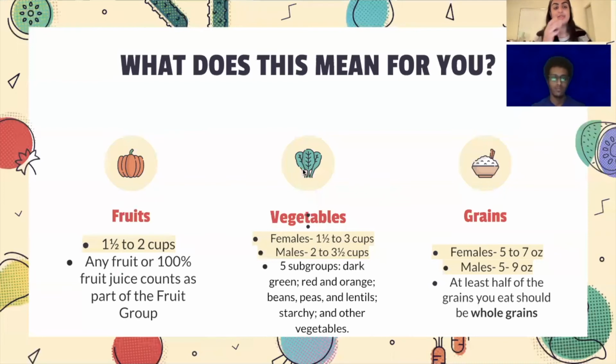So fruits is the first one. Fruits are really important as, again, like Abel talked about, they give you some energy, and that's going to be really important for your day. So you should have 1.5 to 2 cups of fruits per day. And you can have any fruit or 100% fruit juice, that counts. People who eat more fruits and vegetables as part of their diet have an overall healthy diet, and they have a reduced risk of chronic diseases. Abel talked about that in the beginning.